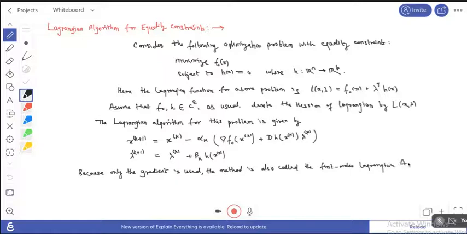Lagrangian algorithm. Okay, and for the value of this x and lambda, you have to find the optimum one, that is x star and lambda star, and that satisfies your Lagrangian condition. So for the Lagrangian algorithm,